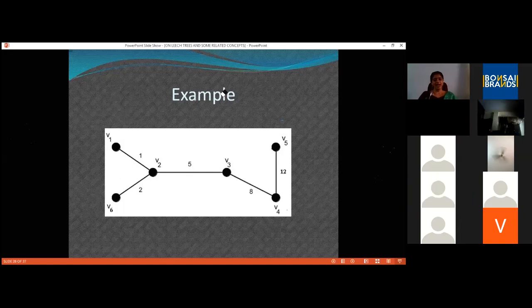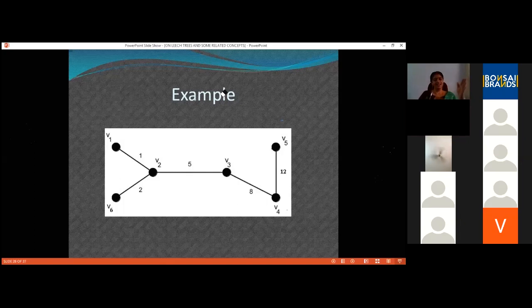7 is 2 plus 5 from the path V6, V3. 8 is an edge weight from V3, V4. Now we need 9. You can see that there are no numbers which add up to 9. Of course, 8 plus 1 is 9, but the edges V1, V2 and V3, V4 together don't give me a path. So that cannot be taken as a pathway. So 9 is not easily visible, but 9 is hidden.